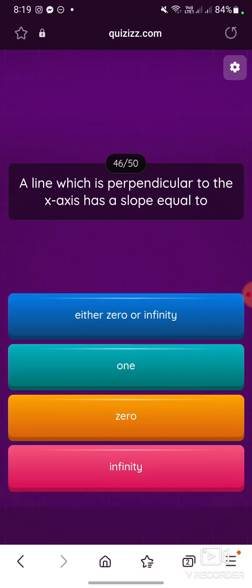A line which is perpendicular to the x-axis has a slope equal to